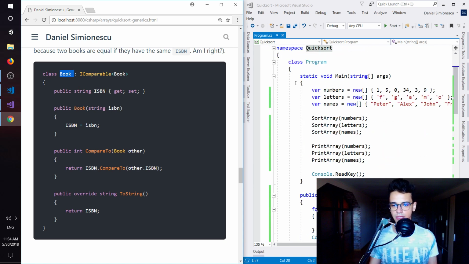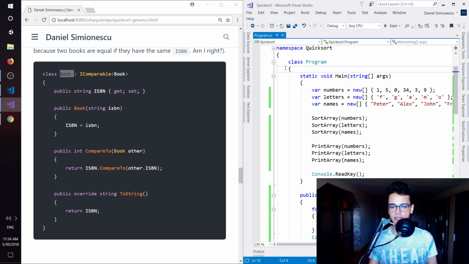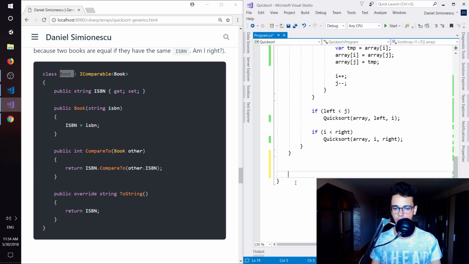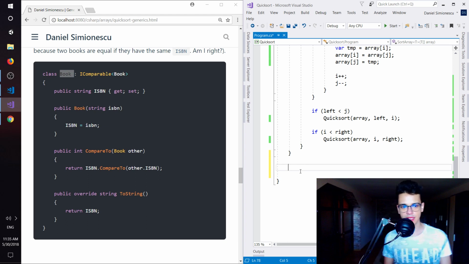Let's try to implement it. Make sure you implement this specific class after the class Program. So this is the first curly brace from the program, and this is where it ends. Make sure you are afterwards, so you need to have one extra class after this. So class Book,